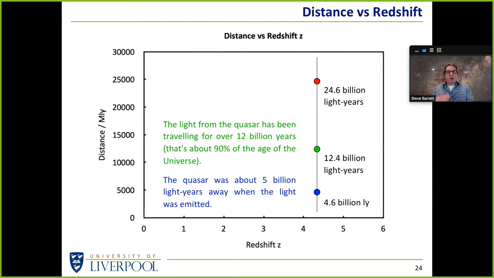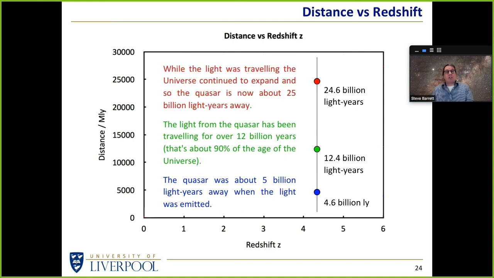And during those 12 billion years that it's taken for the light to reach us, the universe has continued to expand, and so now the quasar is about 25 billion light years away. Started at 5, and then during 12 billion years, it's now about 25. And if you simply think about these numbers, what is the distance increase during the time it's taken the light to travel? If originally it was about 5 billion light years, and then it was about 25 billion light years,